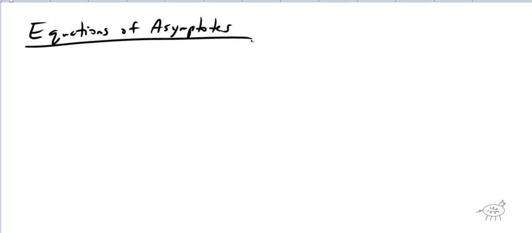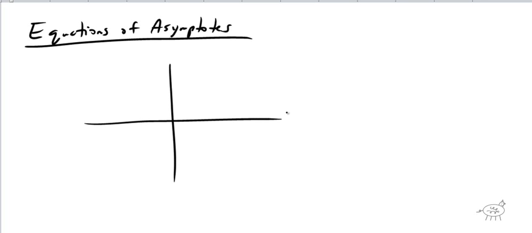This is in addition to the video on tangent and cotangent. And I want to talk a little bit about the equations of asymptotes, or as you finally know them, donkey purses. Okay? Alright, so an equation of an asymptote, first of all, if you think about it, I'm just going to